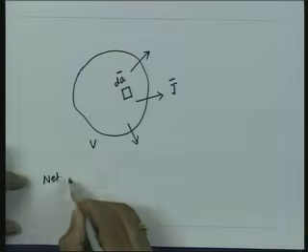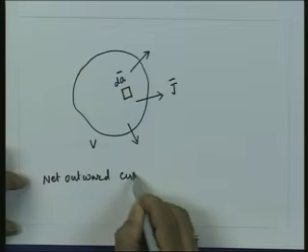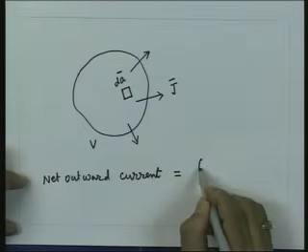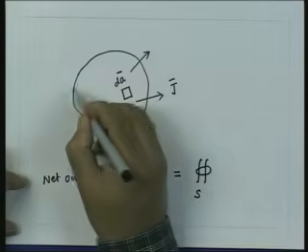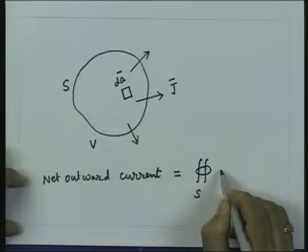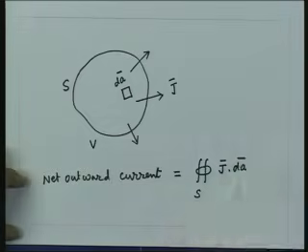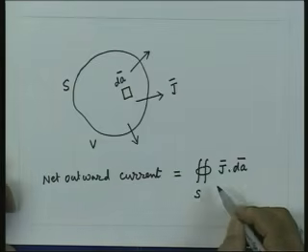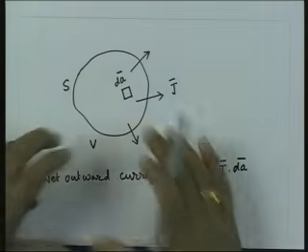So, I have here from this surface the net outward current, which is nothing but integrated over the closed surface. Let us say this surface is S, the conduction current density over that infinitesimal area. So, this integral, as we saw earlier also, represents the total current coming out of this surface,